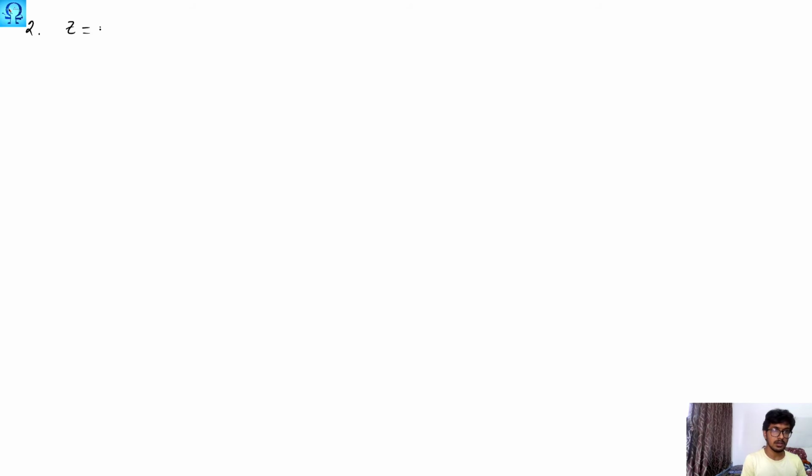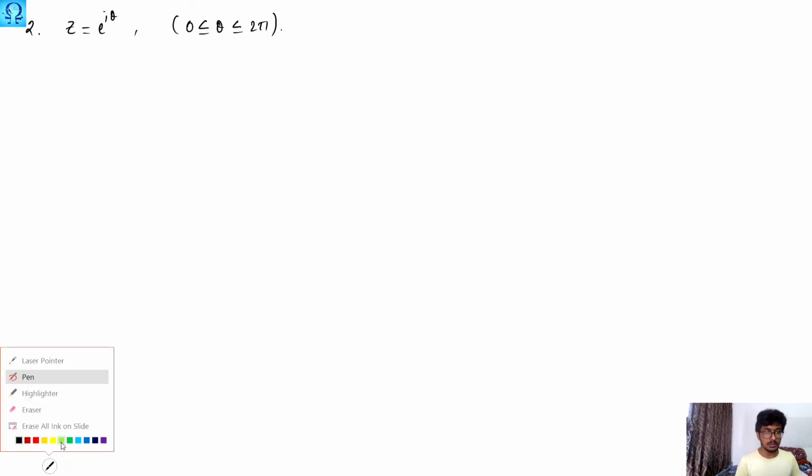We are given z equals e to the power iota times theta, 0 less than or equal to theta less than or equal to 2 pi. Right? So when we try to plot these things,